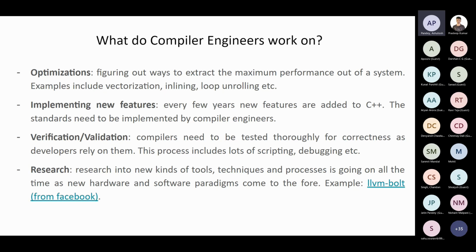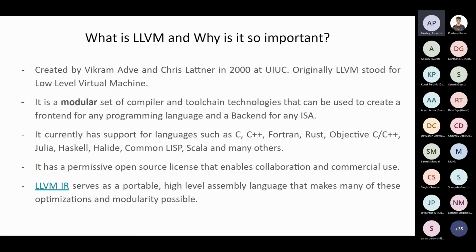Even though any company keeps some stuff proprietary, a lot of it does make it into the open source community where everyone can learn and benefit. One example of this is LLVM BOLT, which is a tool developed by Facebook, now known as Meta. It's used for optimizing binaries. You can go check that out later.